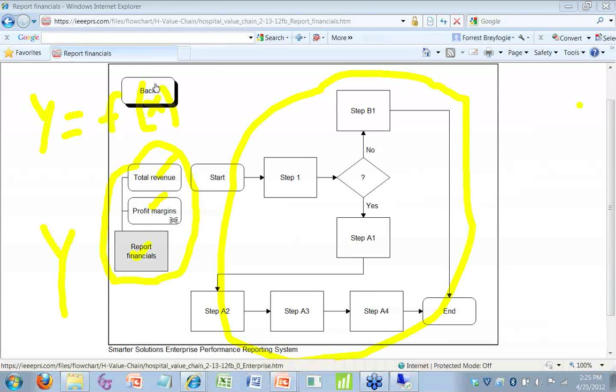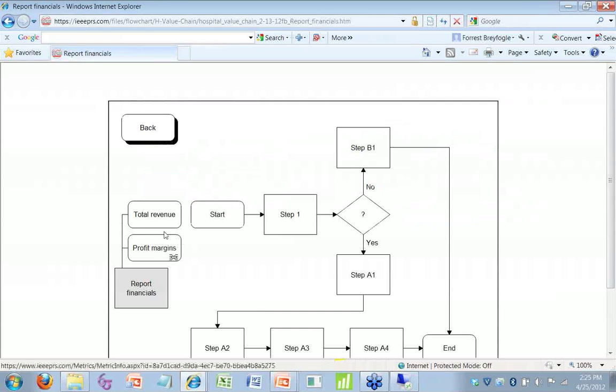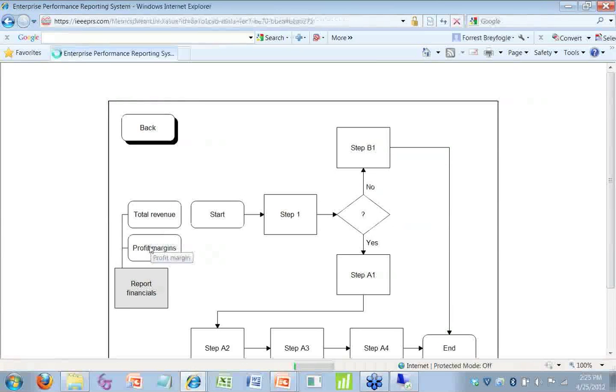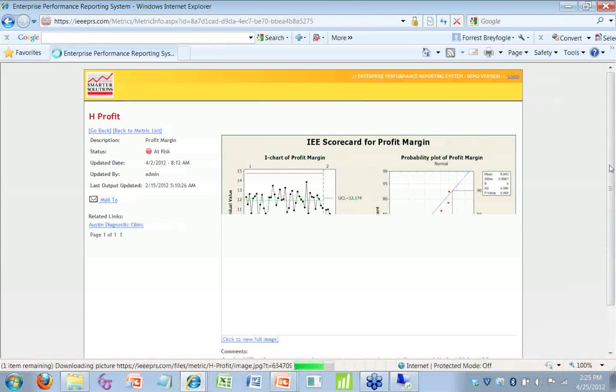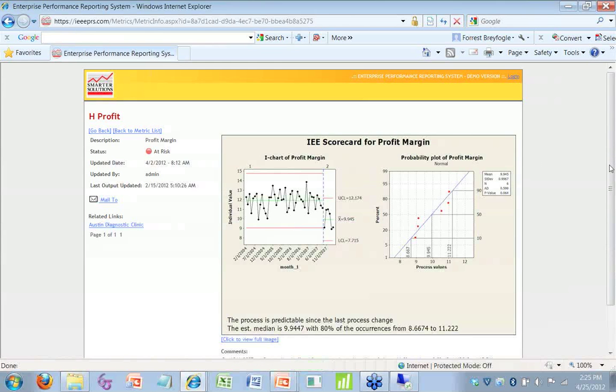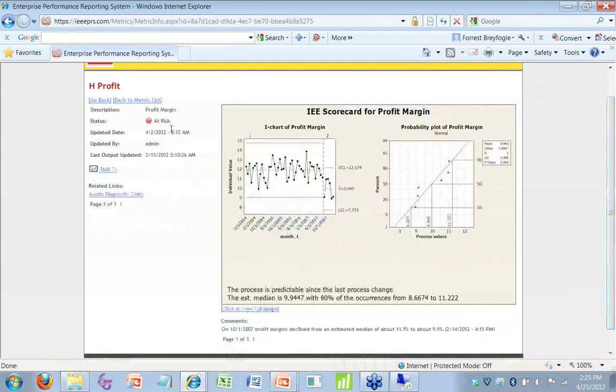So what I'm going to do now is move back. Oh, I forgot one thing here. Okay, we want to look now, click on profit margins. So we want to see how we're performing. This is all a function of the internet connection speed on how fast things get pulled up here. So notice now we can actually have a red button here in the left-hand corner.